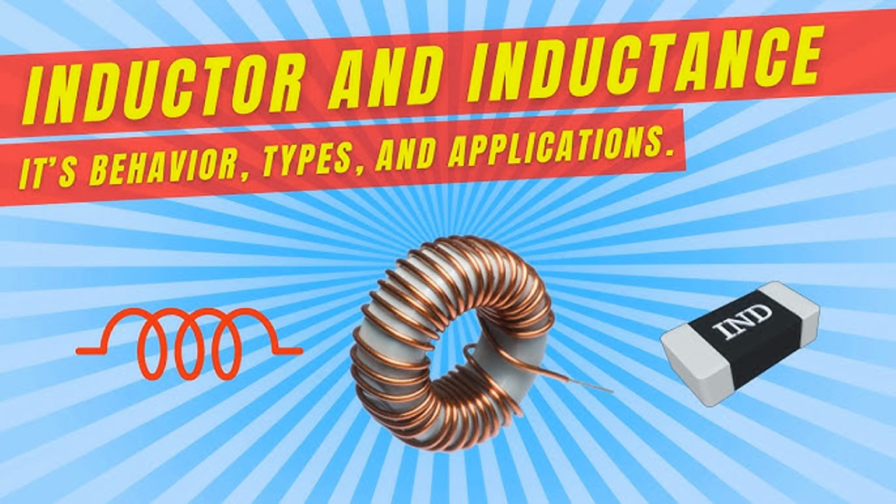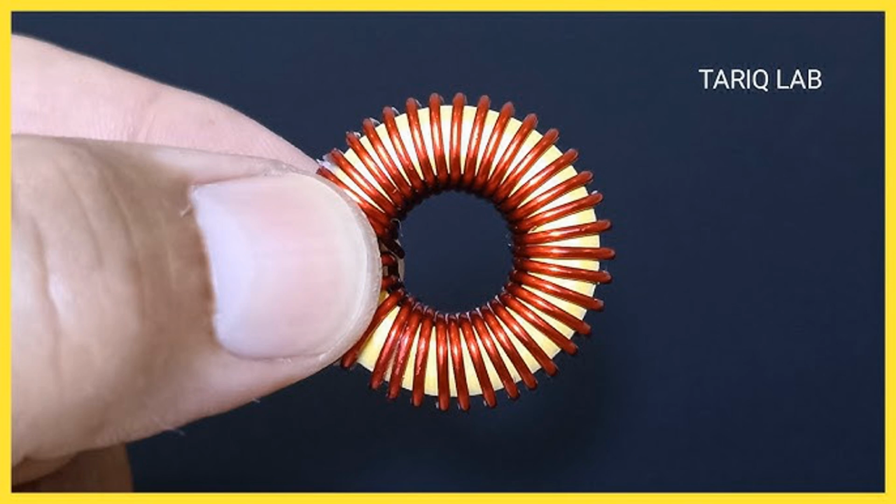AC line filters. Application: inductors are used in conjunction with capacitors to filter AC power lines, blocking high-frequency noise generated by switching power supplies or other electronic devices. This helps protect sensitive electronics from electromagnetic interference, EMI. Example: AC line filters are commonly used in computer power supplies and home appliances to prevent noise from entering the